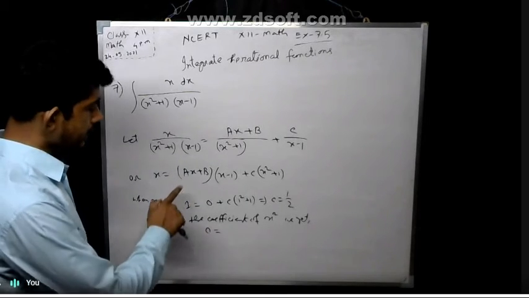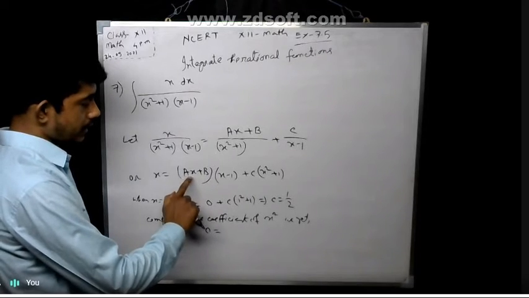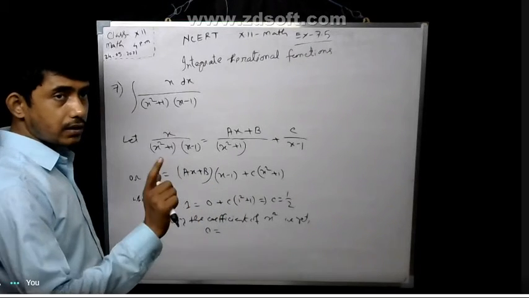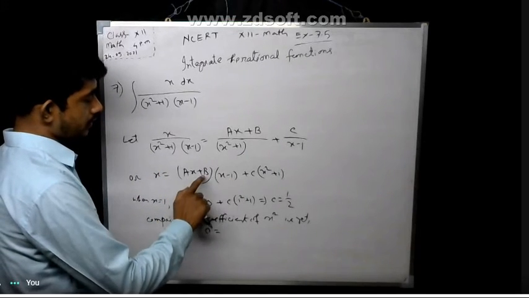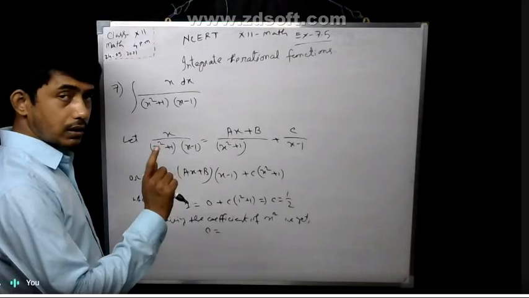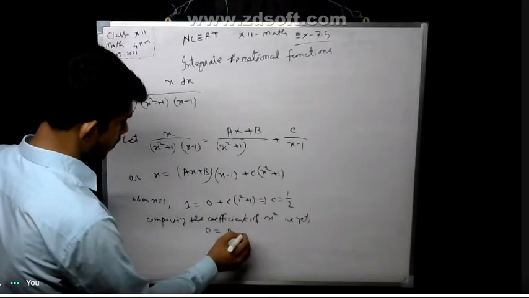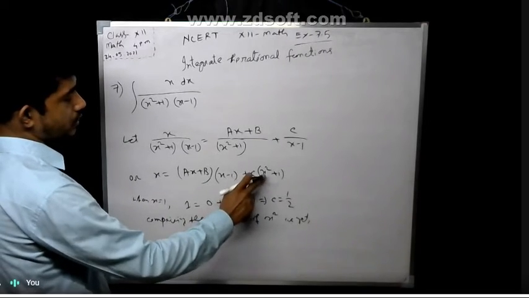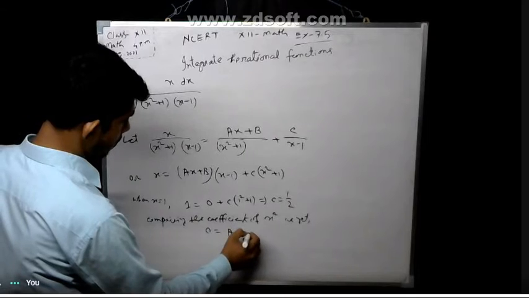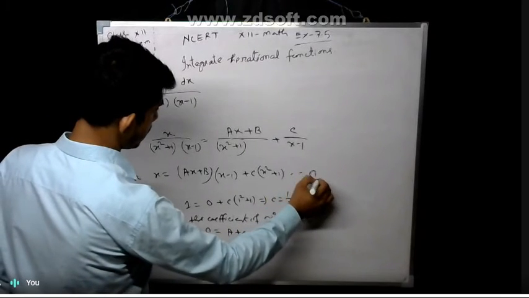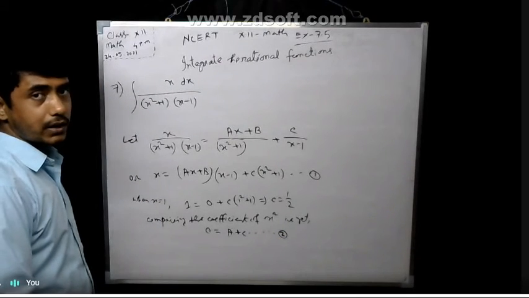When we multiply ax by x square, we get ax square, and there is no other x square term, right? Only ax square, then minus ax, then plus bx minus b, so we only get ax square. So the coefficient is a. Here only cx square, that means plus c. It is equation number 1. It is equation number 2. So we cannot find a or c yet.